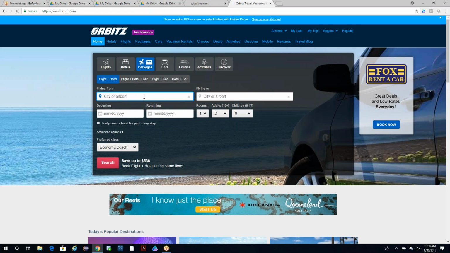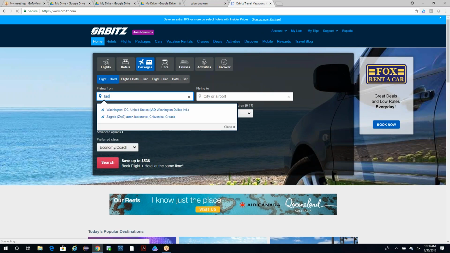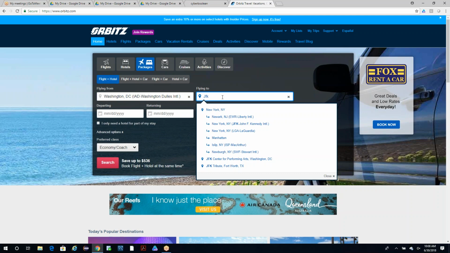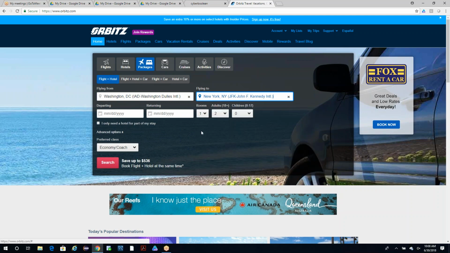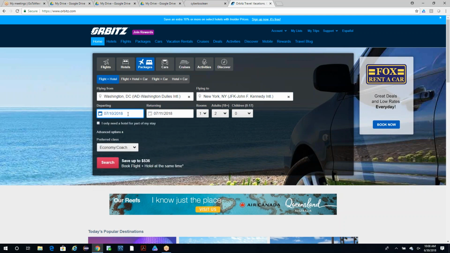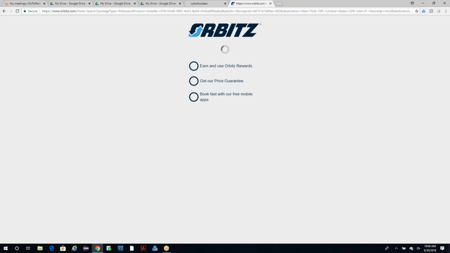So if we say I want to go from Dallas airport to, let's say, JFK, and we select some dates, and whatever, I'm just leaving it as it is. As soon as we click on the search button, what it does is send the information to